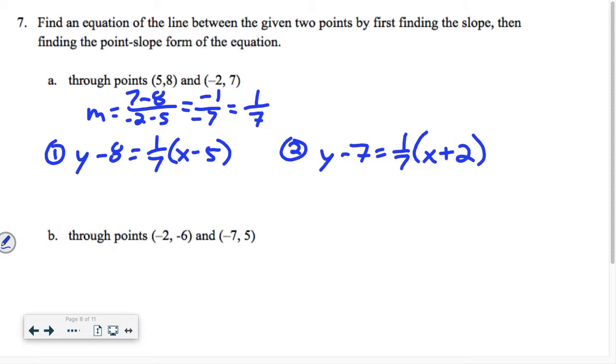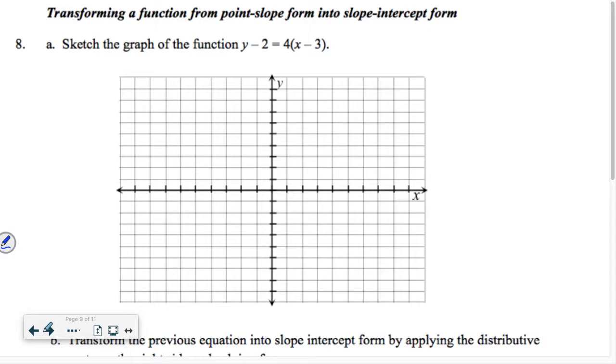The last thing we want to talk about is how do we transform our function in point-slope form into slope-intercept form. So first of all, I want to sketch the graph. Just like before, these values give me my particular point. That point is 3, 2. My slope is 4/1. So if I start at the point 3, 2, right here, I'm going to apply the slope. I'm going to take it down and to the left